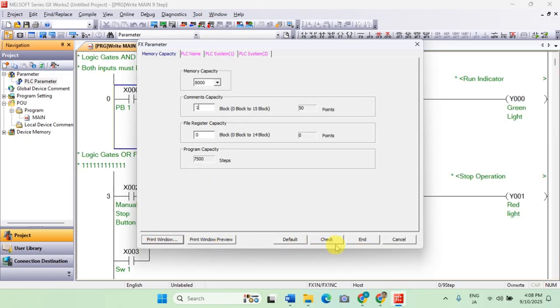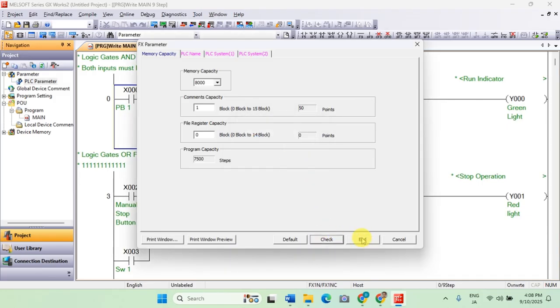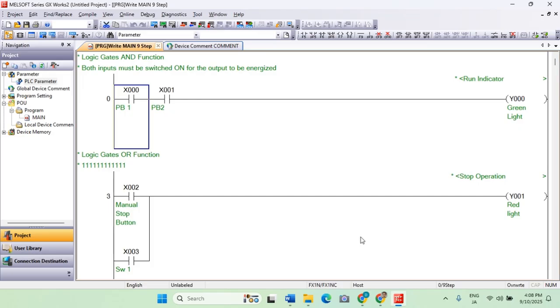Okay. So after that, you can select the check so there's no error, and then end. So when you write it on the PLC, the device comment will be included.